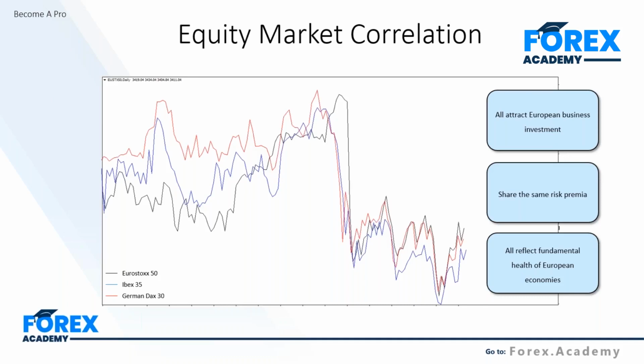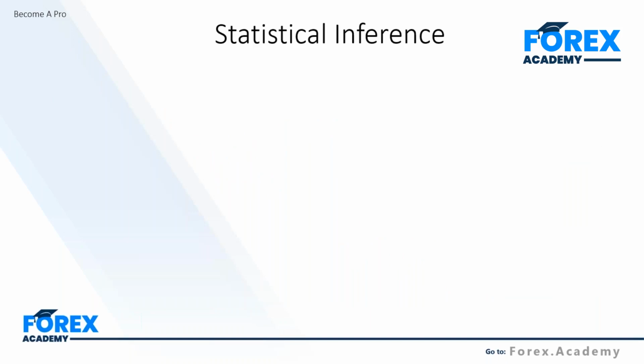Again, you're going to see these correlations become much tighter in the short term, and then the correlations will start to widen, as we say in financial trading, or dissipate. They'll start to break down over some short-term periods. Now let's go through statistical inference, and this really brings us on to the study of correlations itself. This is going to be fantastic for your understanding of how to interpret how markets are correlated and how to use that to your advantage.